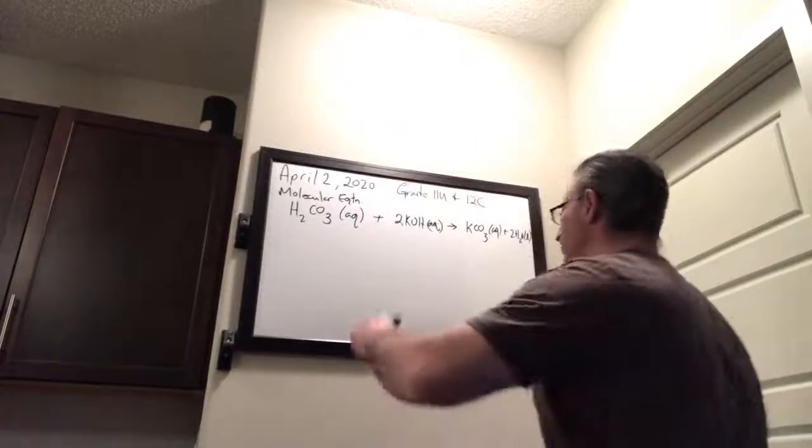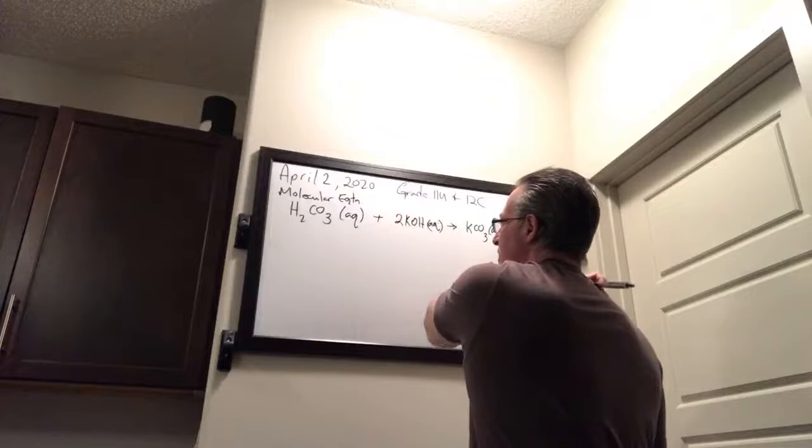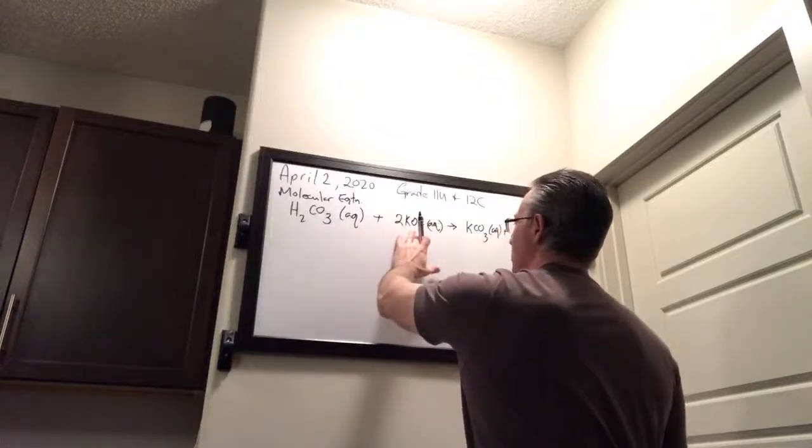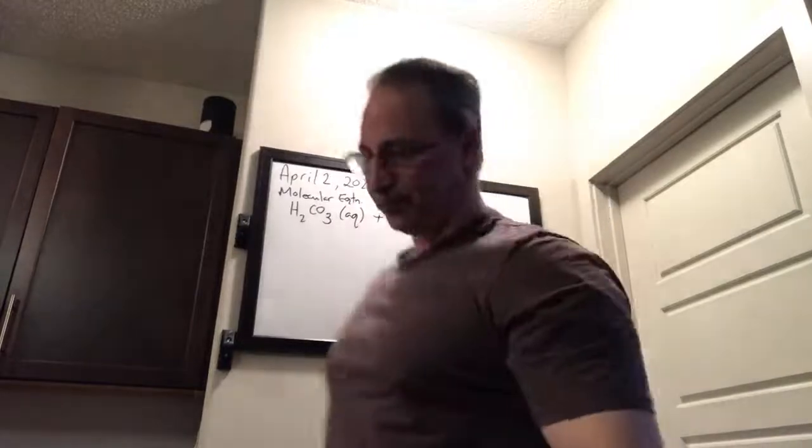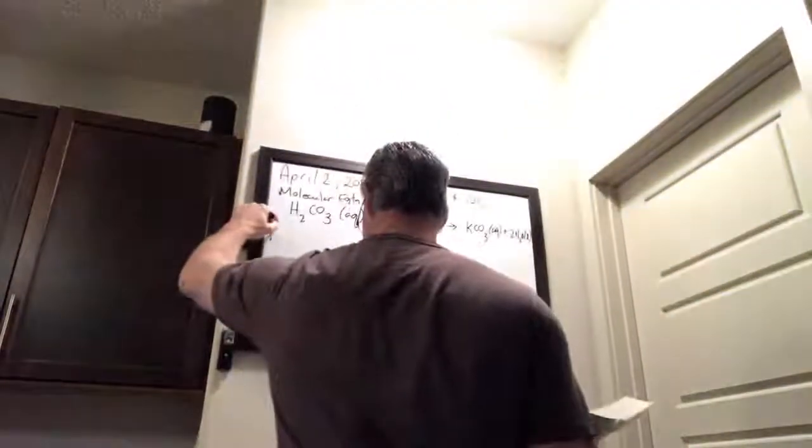Now, to write the ionic equation, what really happens here is because this is a strong base and this is a weak acid, this is going to dissociate completely, and it's going to give you the water, and you're going to get the carbonate anions left over. So the net ionic for this